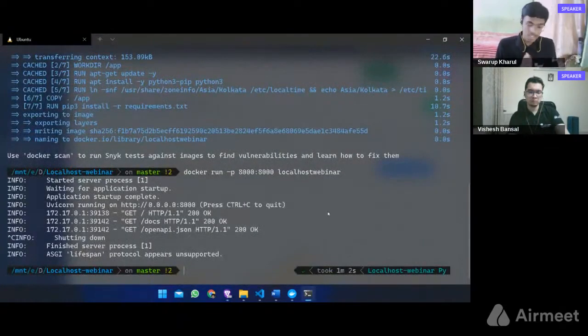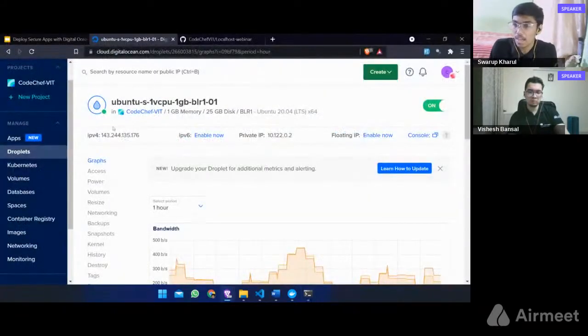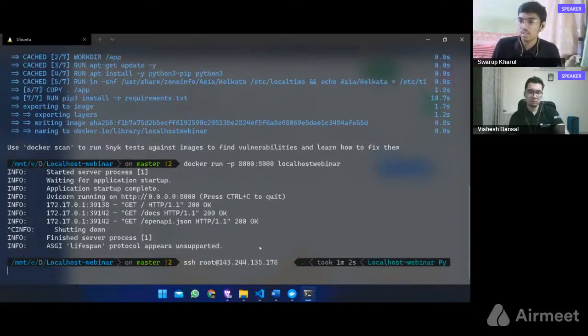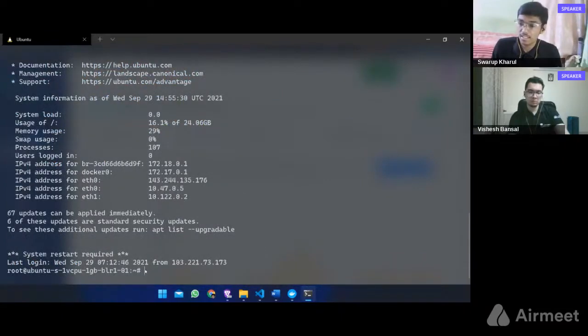As I mentioned, for Linux, I'm on Windows, but you can use WSL to access a Linux terminal. So I'm using WSL. For Linux users, you can use ssh and the user you are trying to access the server with. I will be accessing using the root user. So root@ and then we'll type the IP address. The IP address is here. Copy it, paste it. Now we are inside the server. We have got the access.